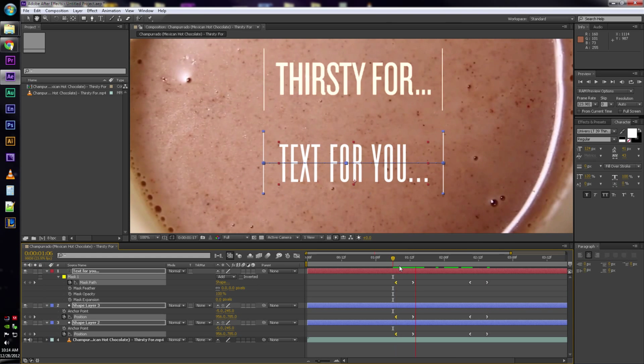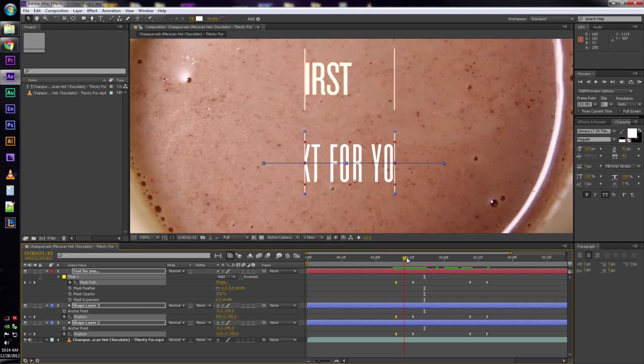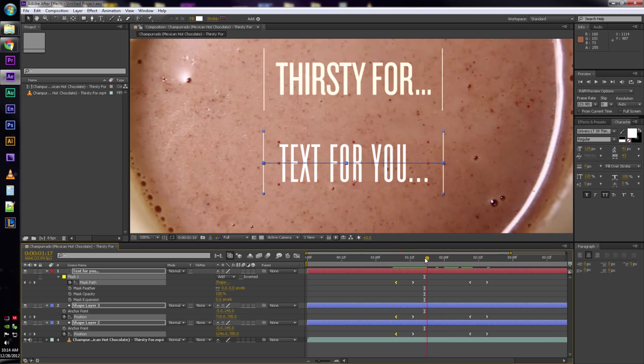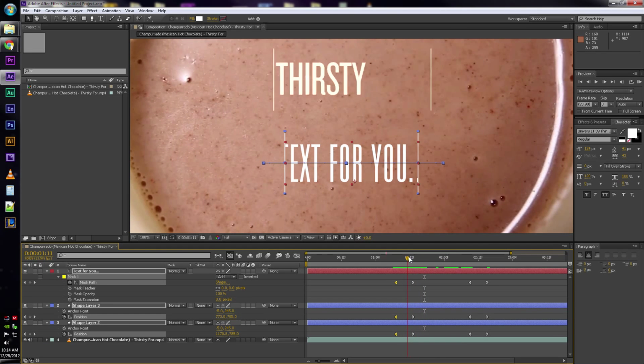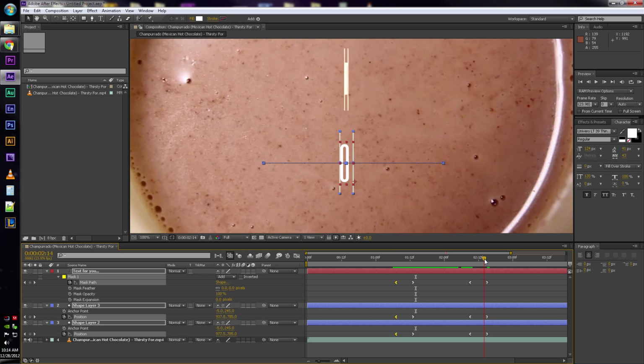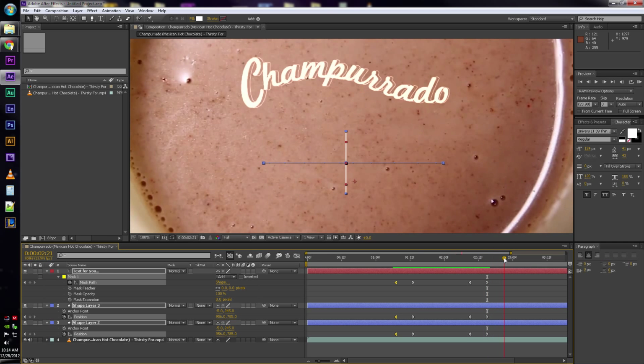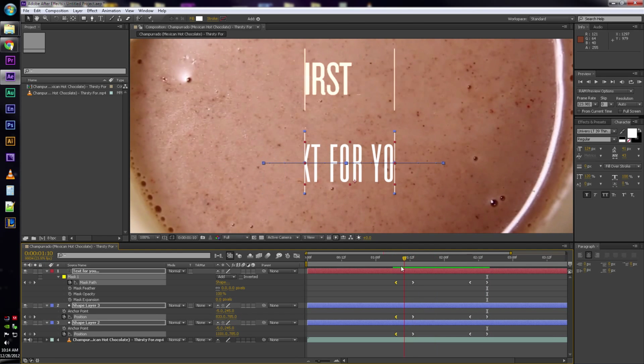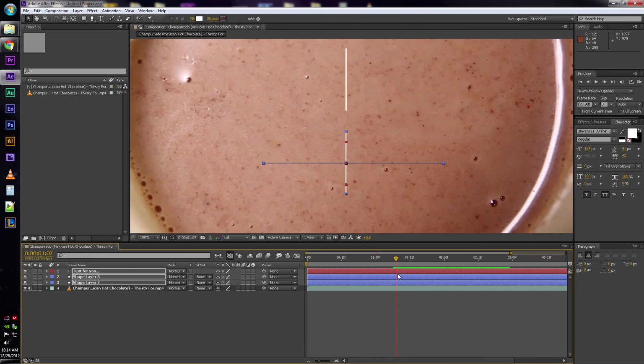So, all right, so there's that. And you could go in and manually do these little dots if you wanted to, but I'm not too concerned with it for this little tutorial. I'm not going to try to match that because it could come back to haunt me, and this is just a quick little thing. And I want to actually, the first frame you start to see the text,